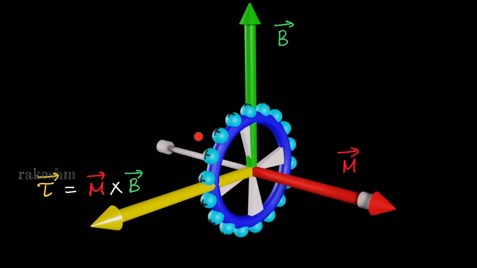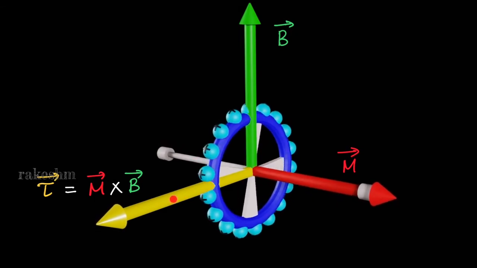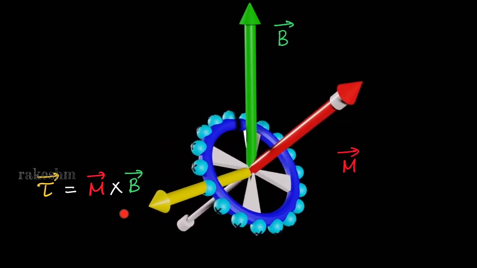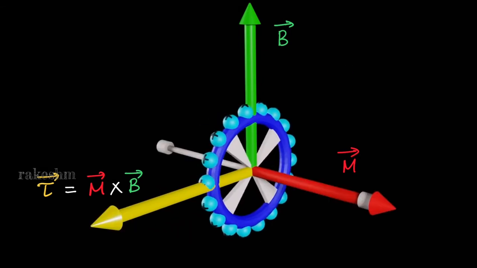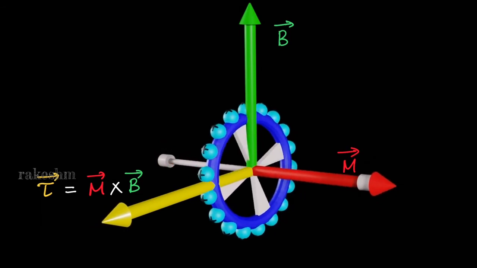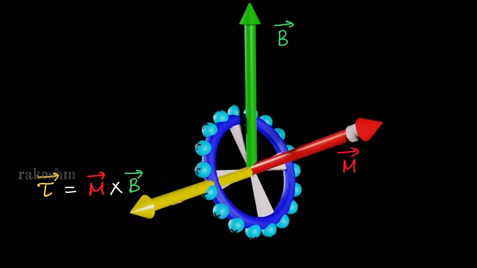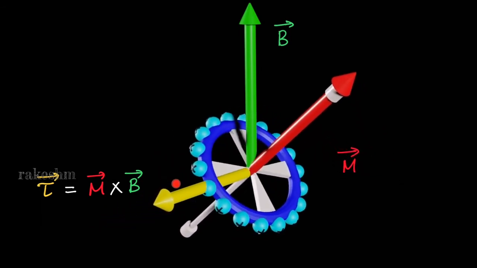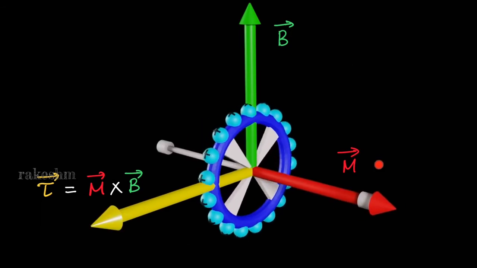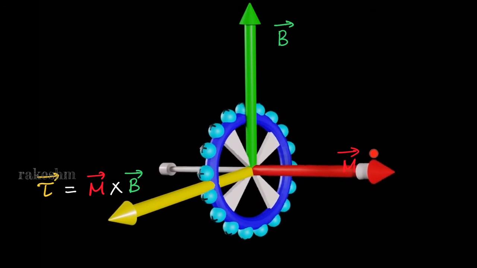So when the wheel is rotated, it rotates about this axis because there is a torque along this axis and you will notice that this part of the rod starts moving down. If there was a string here, this string would have been pulled down. Similarly, this part of the rod is going up, which means this will push the string a little up